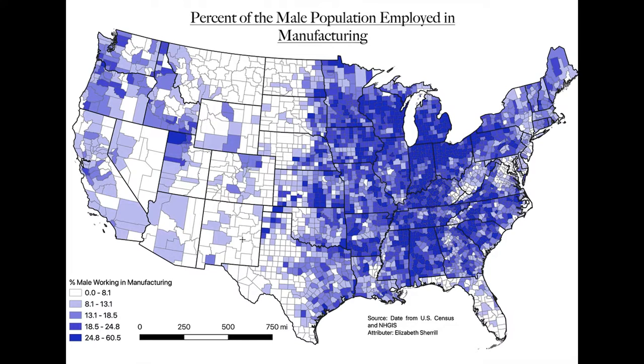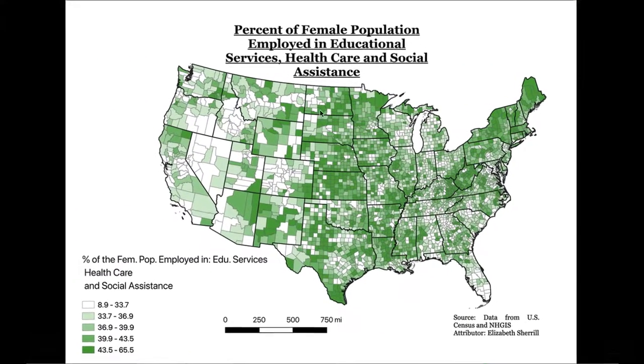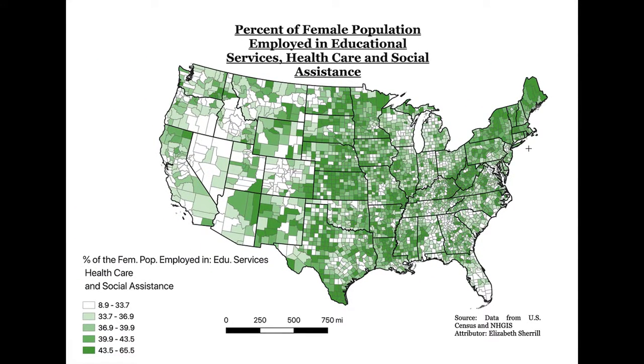And then for the female map, you can see there's less of a clear pattern because it's not just one area, but here in the Midwest, it looks like there is a pretty high concentration of women working in these fields, and also up here in New England pretty clearly. There also appears to be fewer women working in the Nevada area and Idaho,